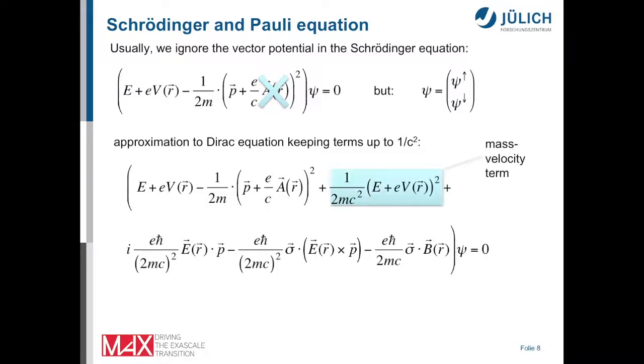The first is the mass velocity term, which is clearly of relativistic origin. Then we have the Darwin term without classical analogon. Then we have the spin-orbit coupling term, and this will be the subject of the talk right now. And we have the interaction of the spin with the magnetic field, and this is what Daniel introduced rather ad hoc in his equations